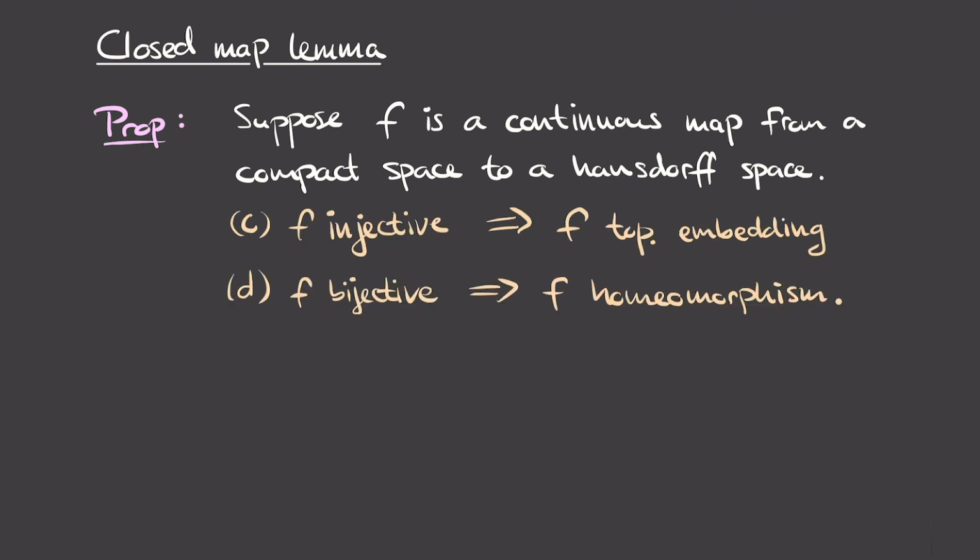Finally, we'll be proving the last 2 points in the closed map lemma together because they're fairly similar. They state that, well, if in addition to the hypotheses of the closed map lemma, F is injective, then F is in fact a topological embedding, and moreover, if F is bijective, then it is a homeomorphism. We're going to start by proving part D, and then see that part C is actually a special case of part D. So for the proof of part D, we're going to suppose that F is bijective,